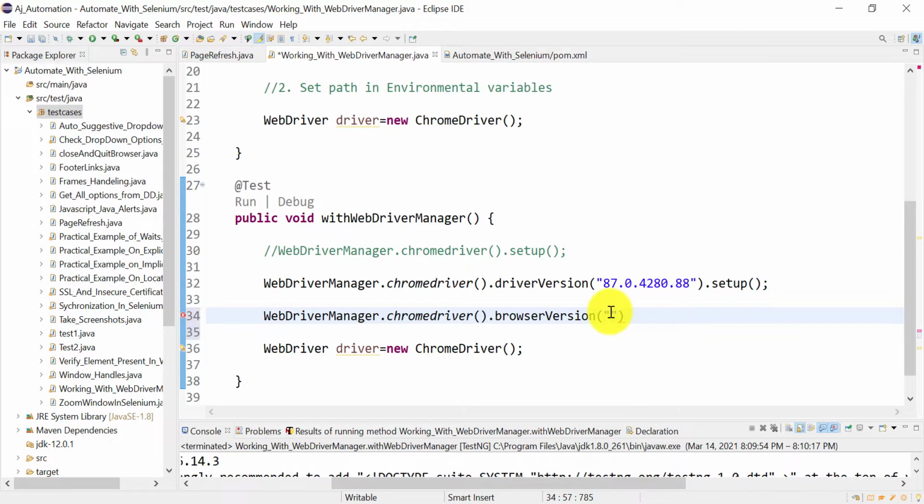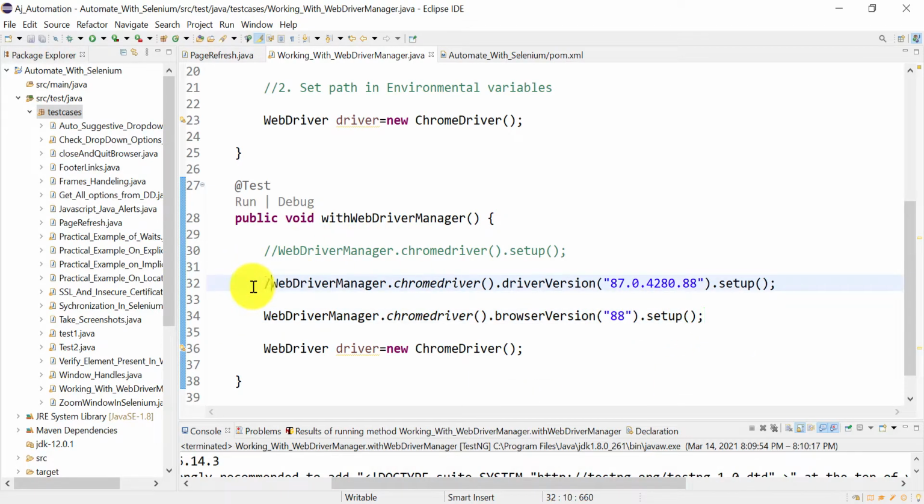Let's say I am saying my browser is version 88, so go and download whatever driver is compatible with this browser version 88. Dot setup. WebDriver manager will check which driver version is compatible with 88 and automatically download it. Let me comment this out and save it, and let's run now.